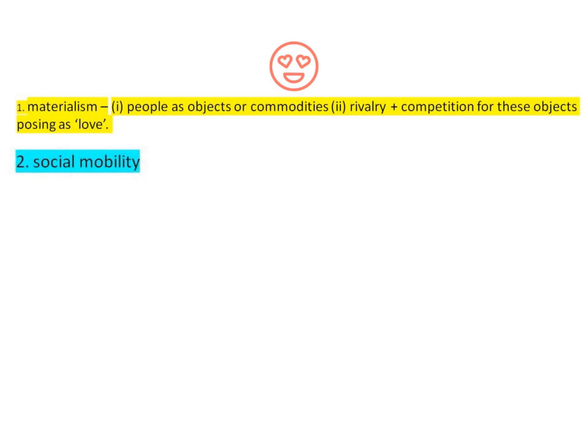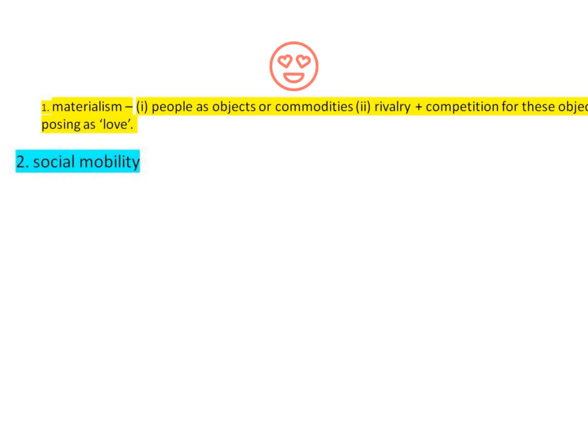The second language area relates to social mobility, which will be highlighted in blue throughout this analysis. If you've listened to the video on context, if you haven't, then please check that out. You'll hear some stuff there about America at the time and Fitzgerald's depiction or his version of America at that time, and you'll see why social mobility is such a big concern. So check that video out and then you'll have greater contextual understanding of all the stuff on social mobility here.